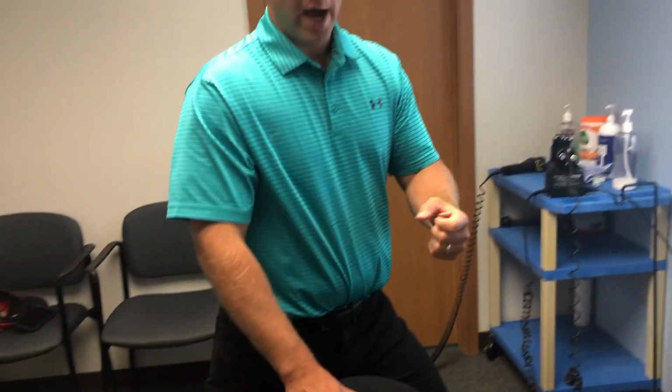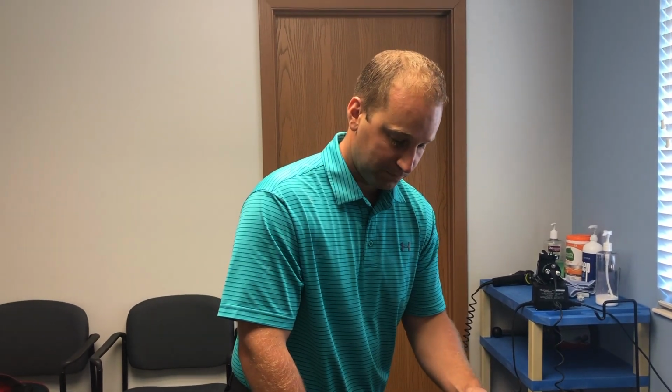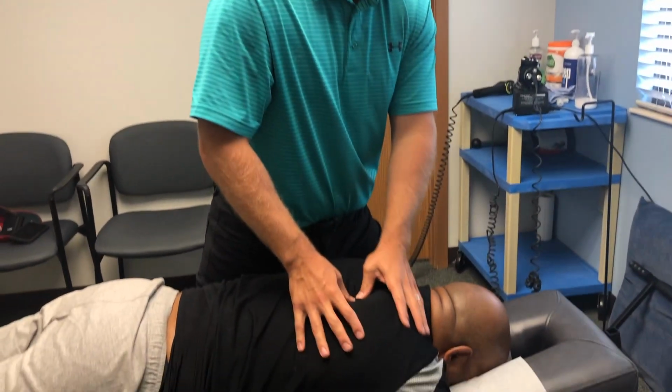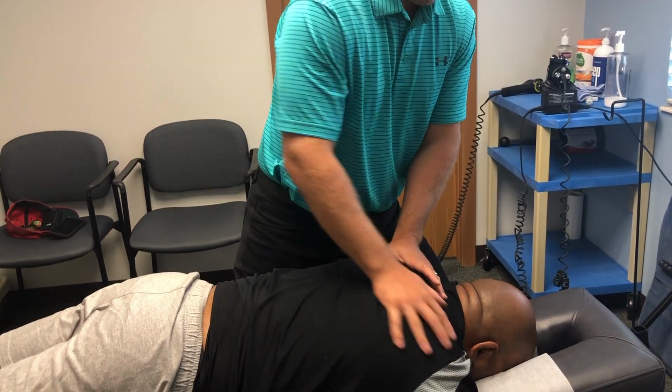There's either restriction in your thoracic spine, there's knots, tightness, adhesion in the muscles. The muscles don't fire and function the way they should, and it causes the tendon to take over and do more work than it should, and the tendon begins to inflame or fray. And that's how you can get a lot of rotator cuff problems. Again, the issue doesn't need to be treated up front. It's back here with soft tissue work and adjustments, which we'll demonstrate. So that's probably one of the more common things we see